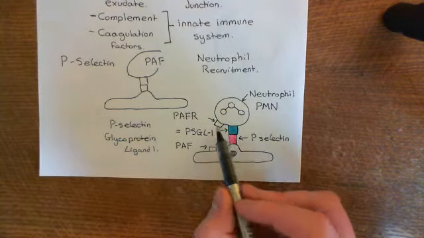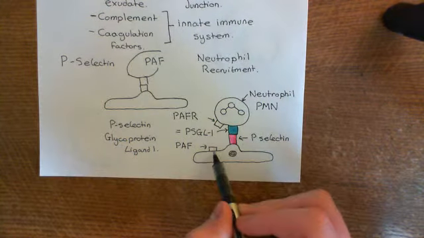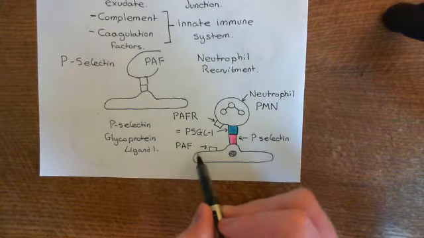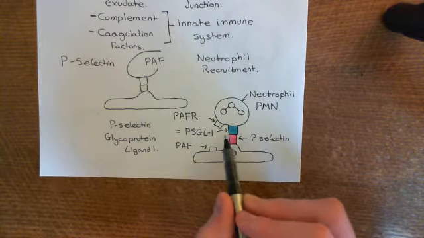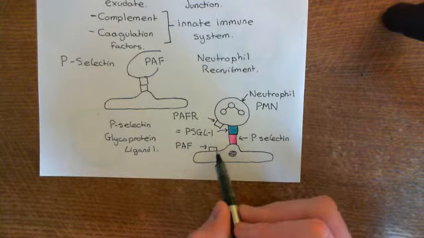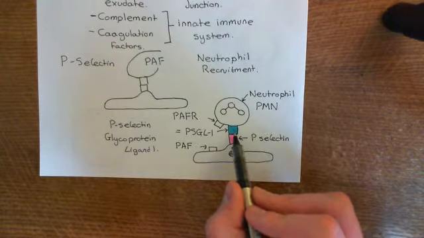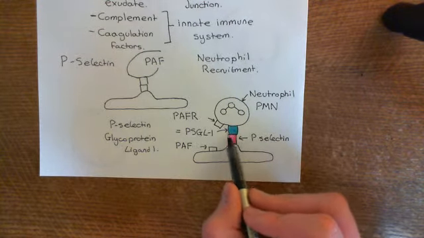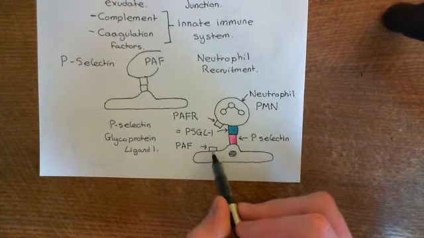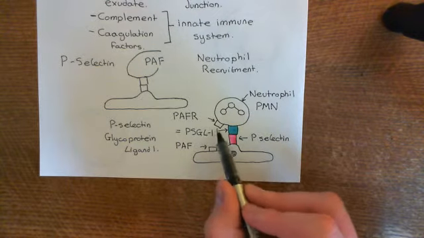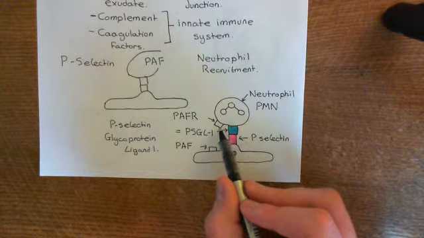Okay, and when the PAF receptor binds to the PAF on the surface of the activated endothelial cell, this will cause a tight adhesion between the neutrophil and the endothelial cell. So the interaction between P-selectin and P-selectin glycoprotein ligand 1 forms the tethering. The interaction between the platelet activating factor and the platelet activating factor receptor